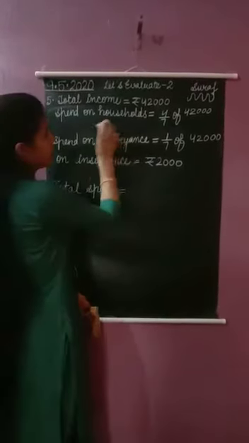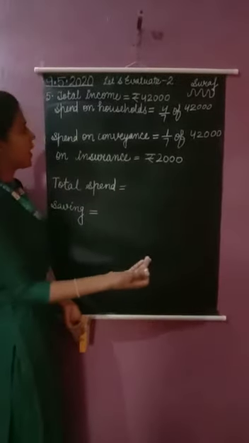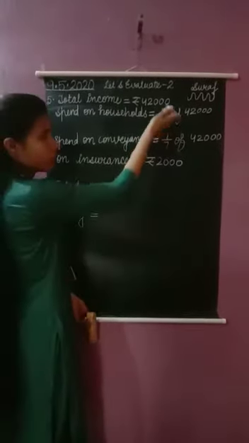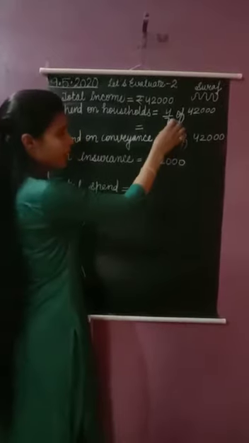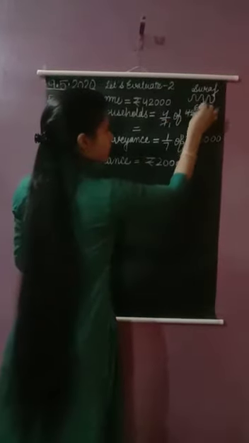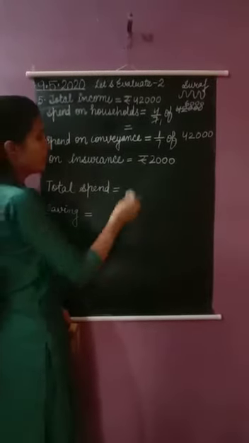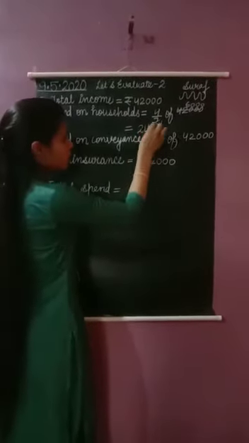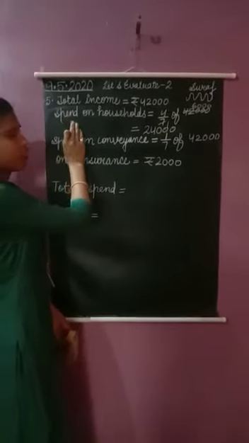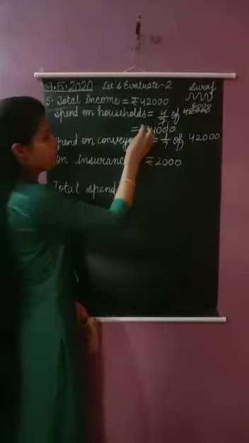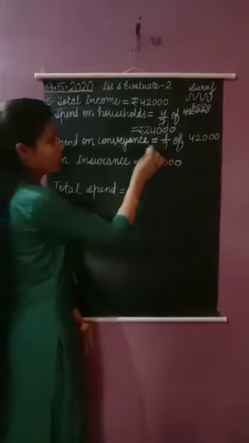Firstly we find how much he spends on household. Here it is given in fraction, that is 4/7 part of his income. So here "of" means multiply. When we solve it we get 6,000, and 6,000 multiplied by 4 is 24,000. Okay, it means he spent 24,000 rupees on household. Okay, now on conveyance this is